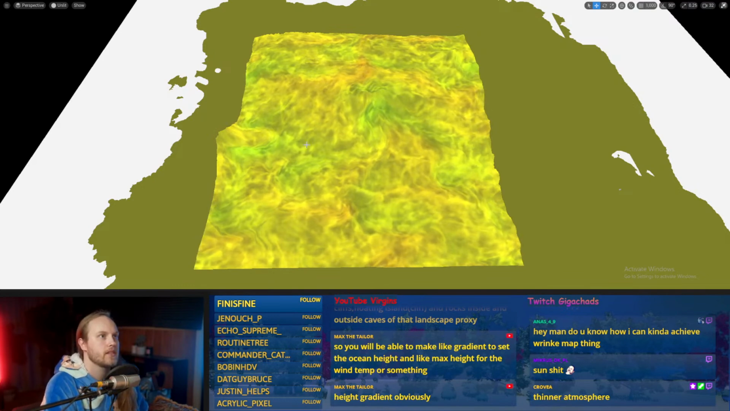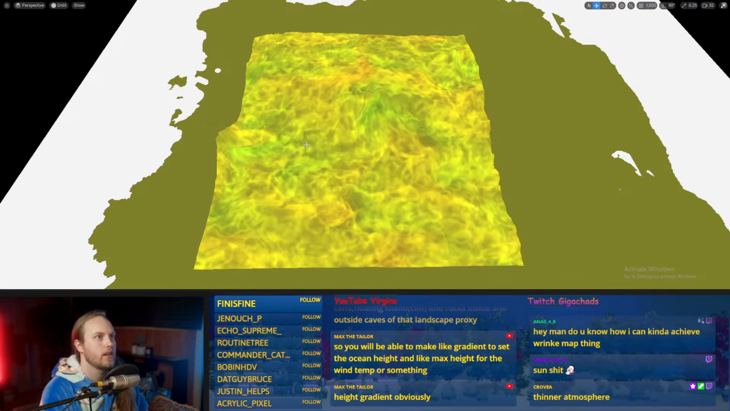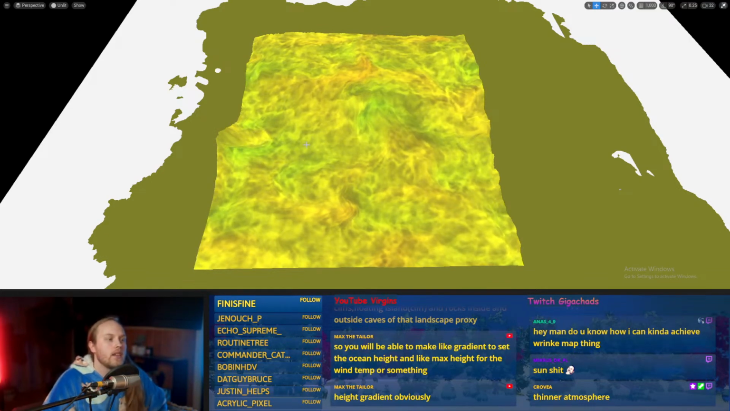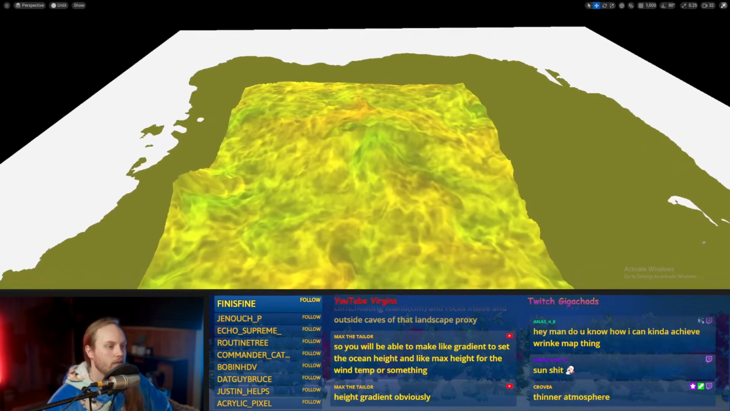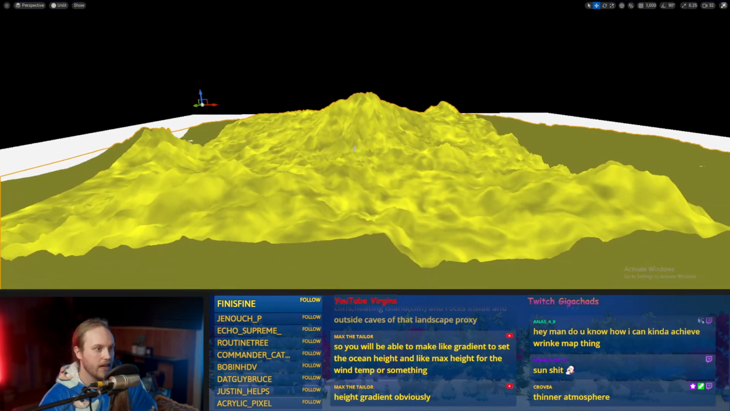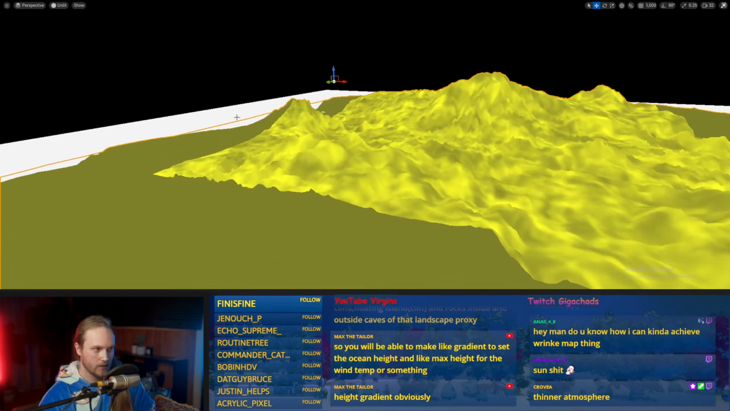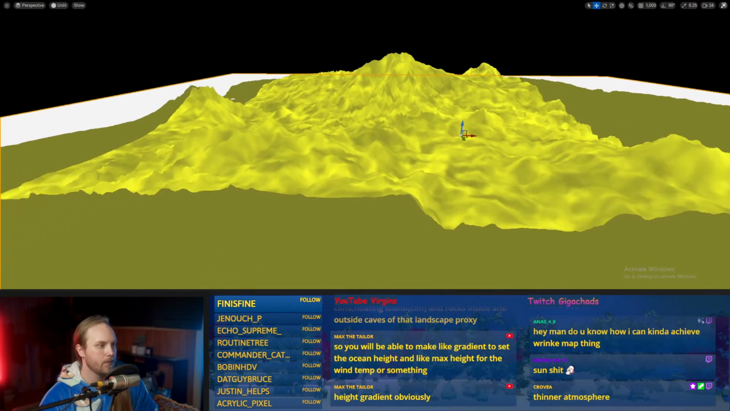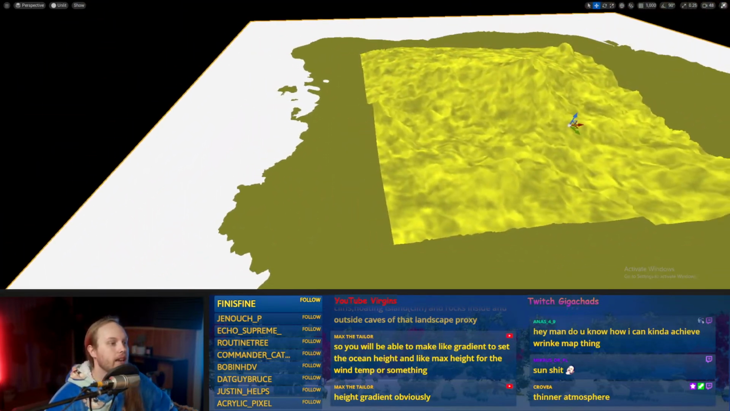How to make a gradient to set the ocean height, max height, the wind temp or something. Height gradient, obviously. Yeah, well, that will be computed beforehand based on the elevation of the terrain, where the sea level is set. We can also do things like